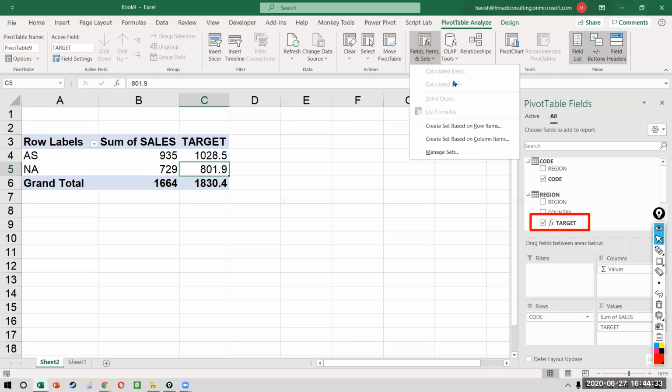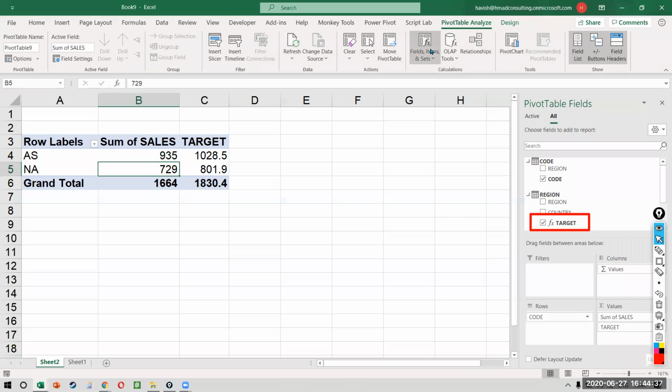I assume this is what you're referring to, the calculated field. And calculated field will create 100 other problems in your pivot tables as it is. So just forget about it. I've never used calculated fields in my entire life. It's there for simple operations, just a multiplication, division like that, but not for other things. Don't use it for other things.